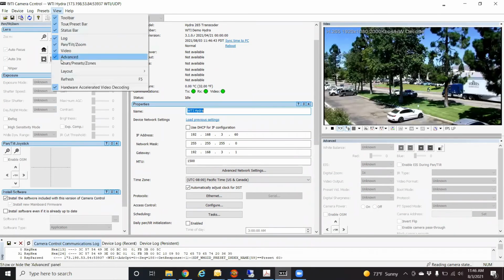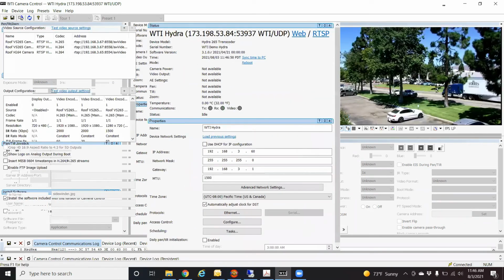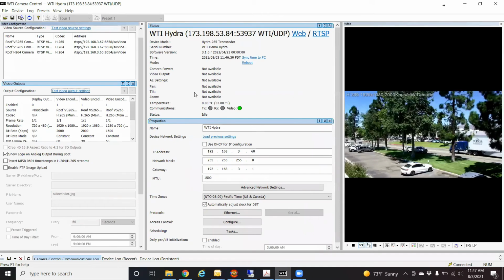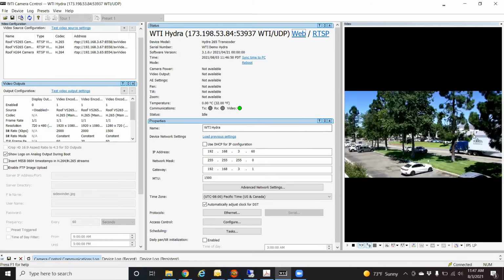So this is the Hydra 265, and the great thing about it is that the same camera control software that supports the Viper camera and the Sidewinder cameras also supports the Hydra. It just has a different format to it. As you see, I went to View and then Layout, so it has different layouts. I clicked on Hydra. So this is the Hydra transcoder, and you can't pan or tilt it, because all it does is transcode video streams to H.265 or H.264 or